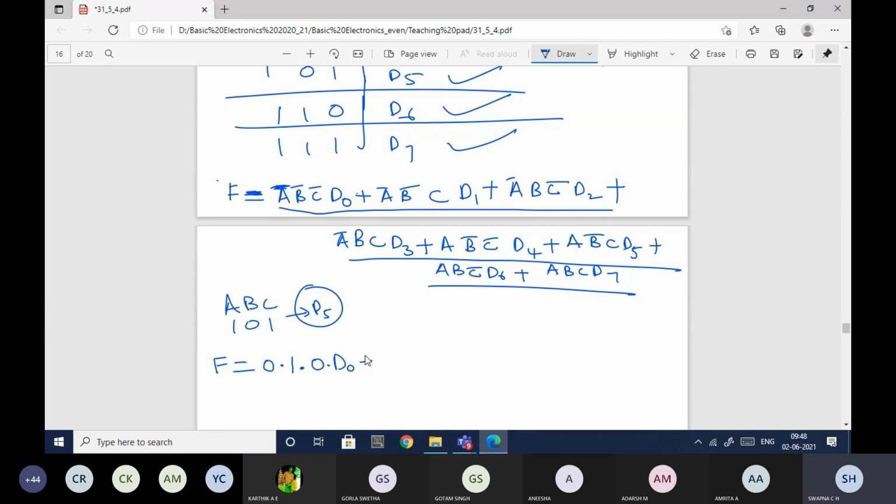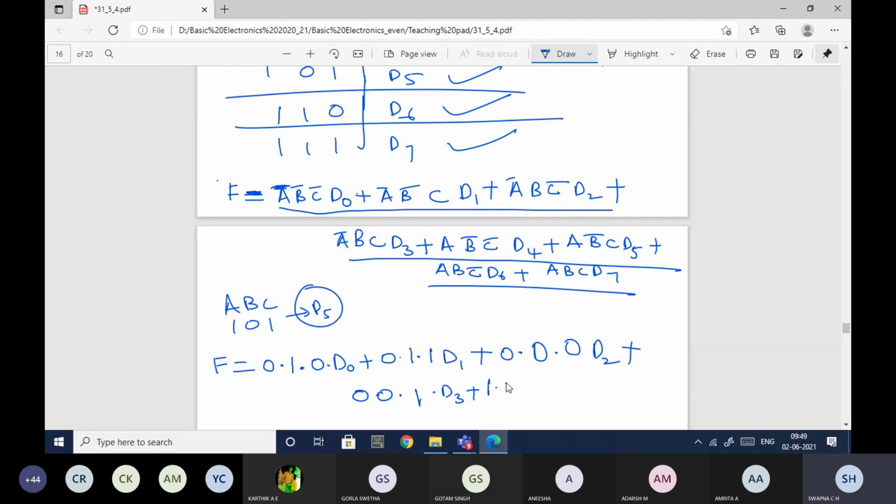D0 plus the second term. A bar: A value is 1, so A bar value will be 0. B bar value 1. C value 1. D1. Next, A bar 0, C bar is 0, D2, plus A bar 1, so it is 0. B 0, C 1, D3, plus A value is 1, so here also 1.